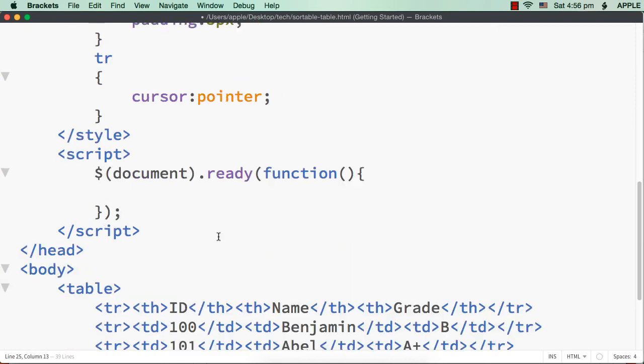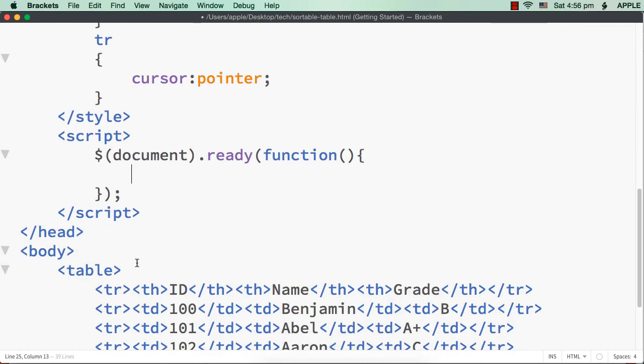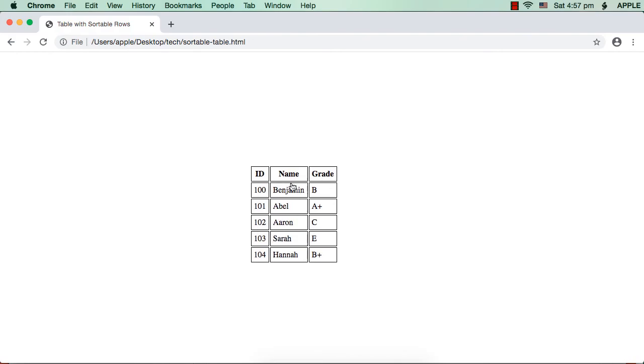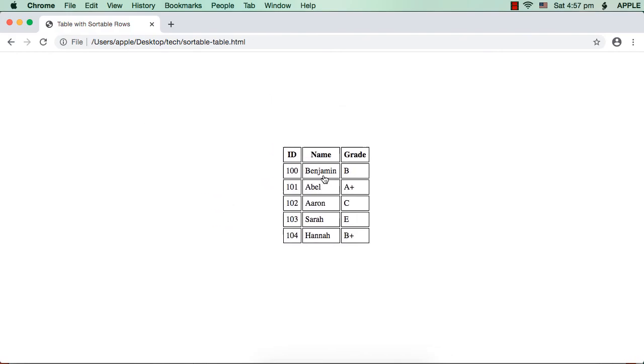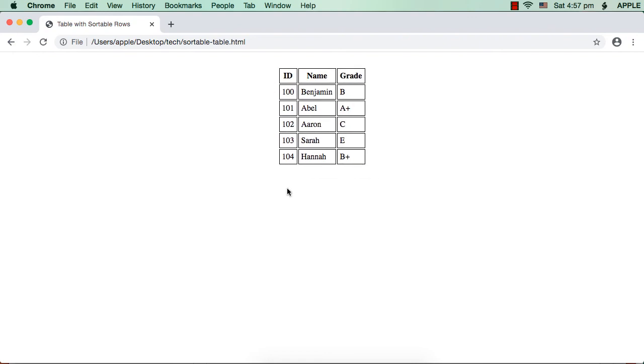And here what we need to do, we have to make this table sortable, that is the rows of the table sortable. So suppose I just specify $('table').sortable. Will it make these rows sortable? No, let me show you. See, the whole table together becomes movable. So if there is another element here, we might be able to sort it, that is move it after that element. But we have to make these rows sortable.